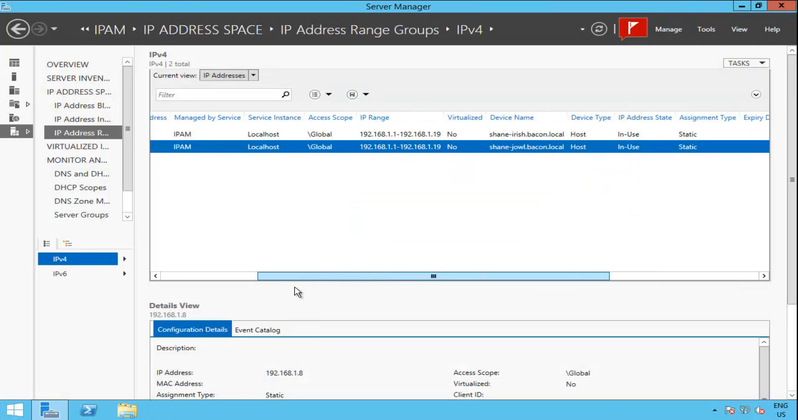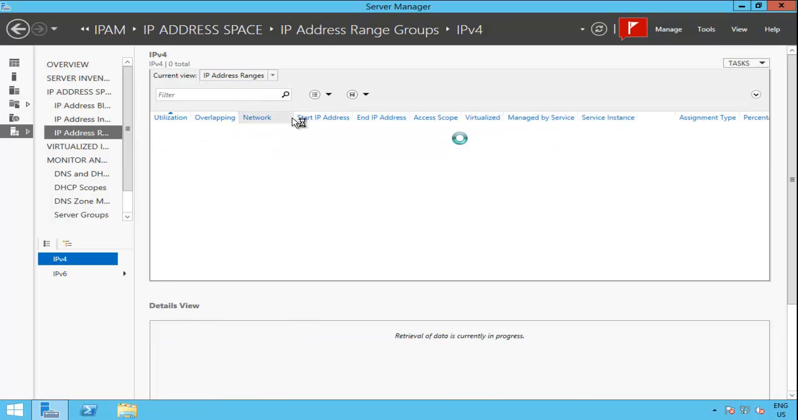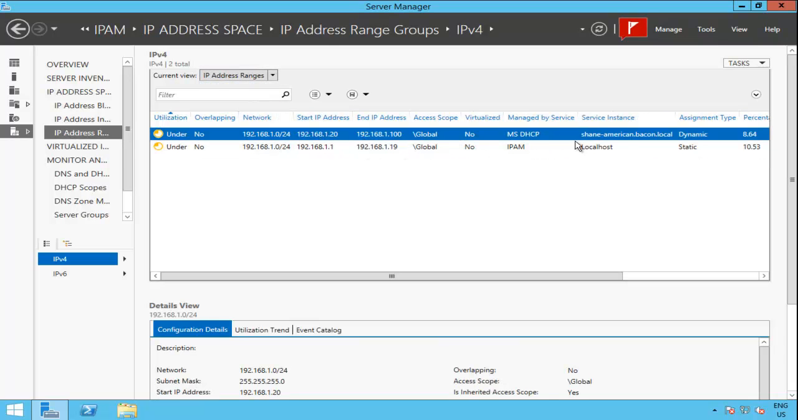So there's these two addresses that were allocated out of the pool, right? So I have 1.9 and 1.8. If I look at the ranges, there are two ranges. One is the DHCP range, 20 to 100. IPAM by default doesn't capture the leases that are actually issued by DHCP, just the range. There is a script that you can run to capture the actual leases. So if you wanted to, you can